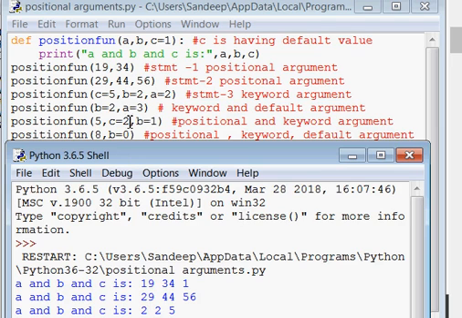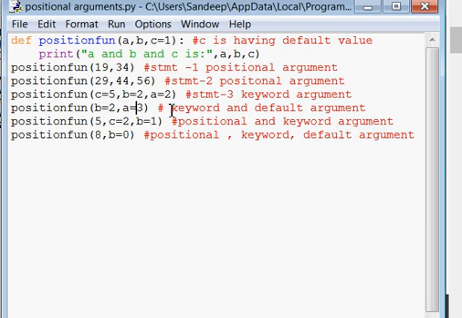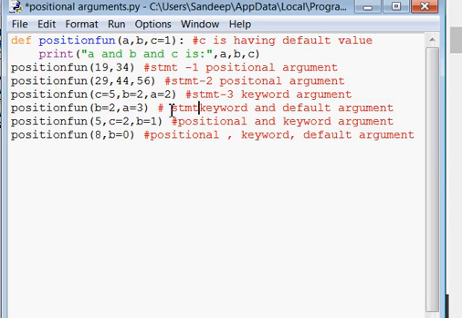Okay, so now coming back to the next statement, statement 4 will be executing, this one. In this statement you have mentioned B and A, but you have not mentioned any value for C. Even you have reshuffled the sequence, means you have used A after B. So B has the value 2 inside this function, and A will have the value 3 inside this function, and for C it will get its default value, that is 1.